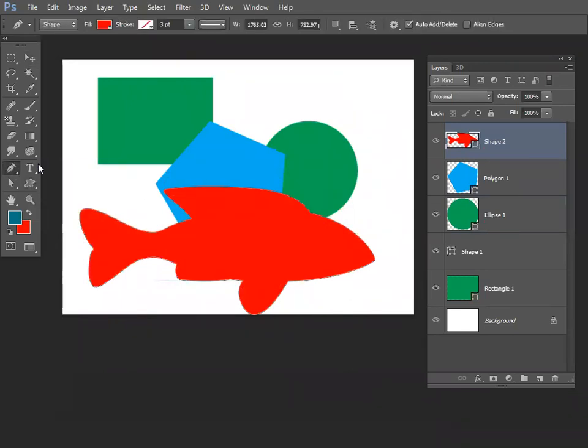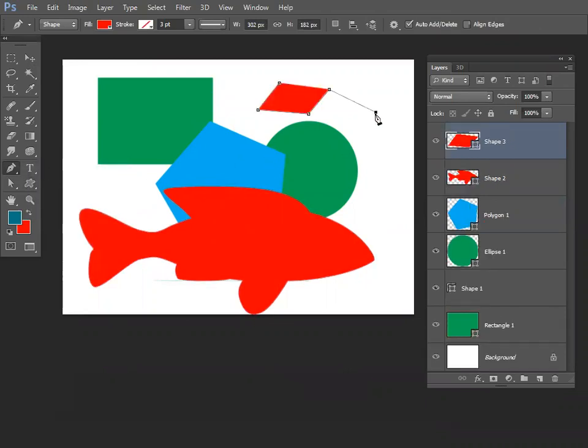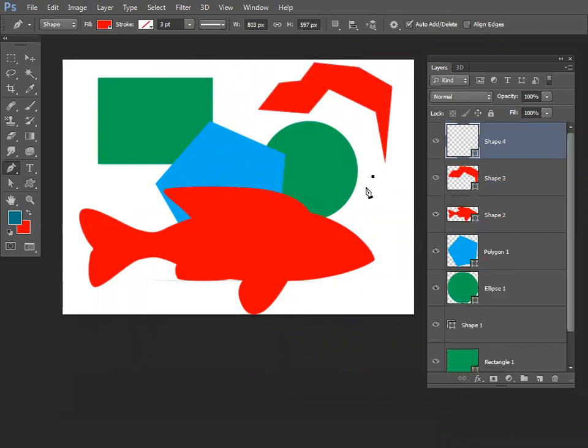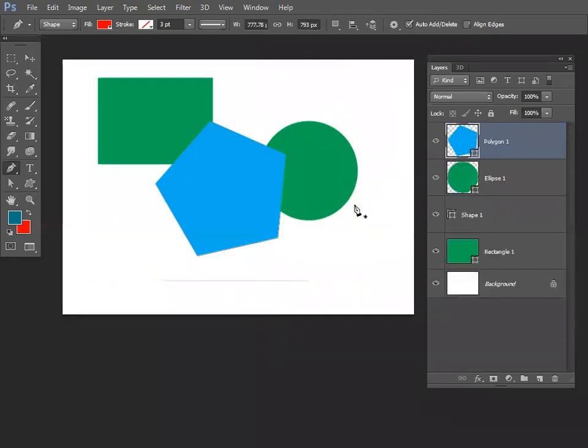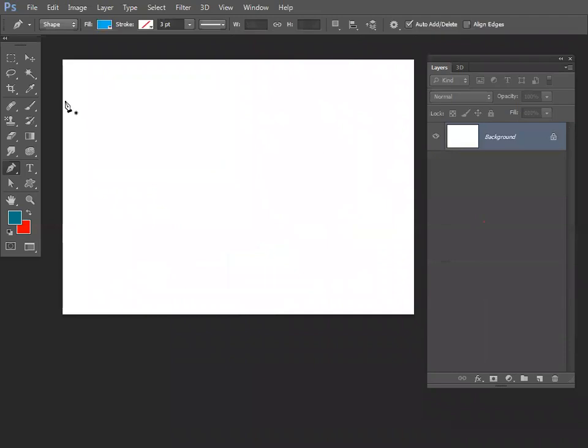Using the pen tool, we can put points and create our own shapes. You can draw like this. I will explain that. What if we don't want any color? I will tell that. Wait. Okay, I'm coming there only.